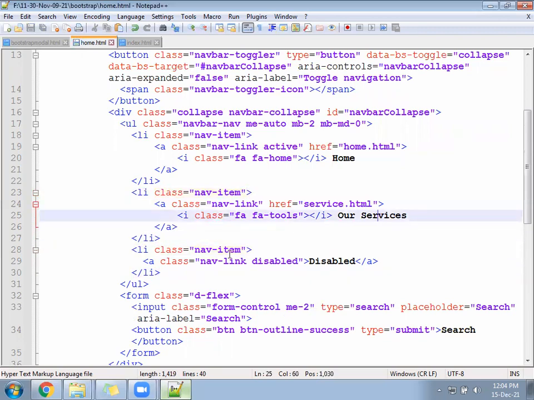Okay, our services. Next, the disable link is there. You can remove the disable. It will make it unhighlighted, deactive.